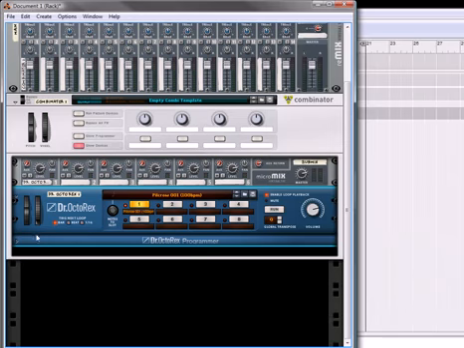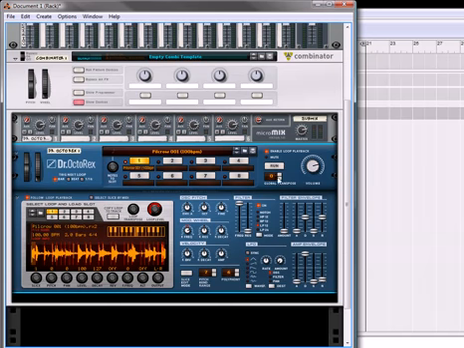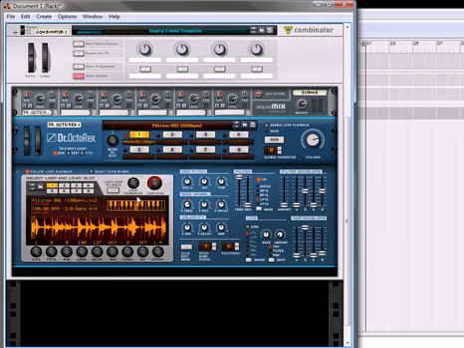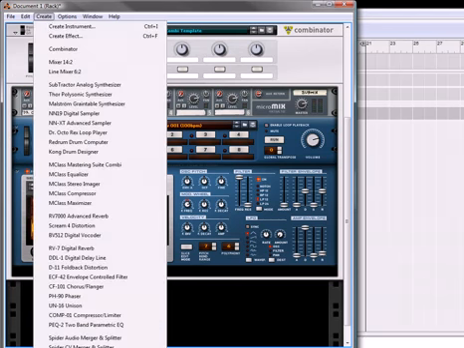Okay, it's one of my loops that I created. You can see it here. And I'm going to disable the loop playback. Okay, very important. And then underneath the Combinator itself, I'm going to create an